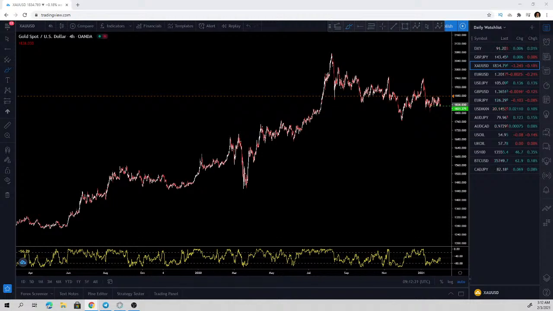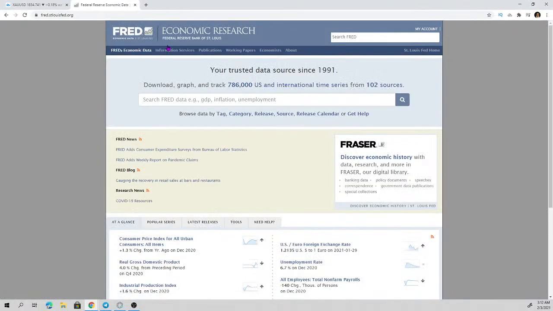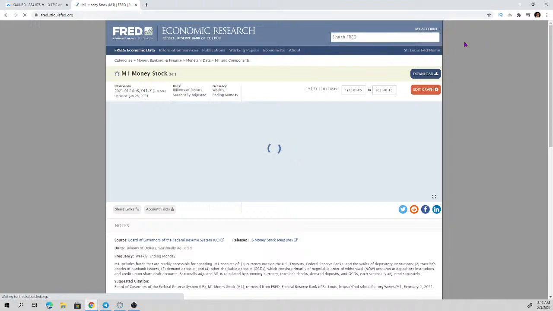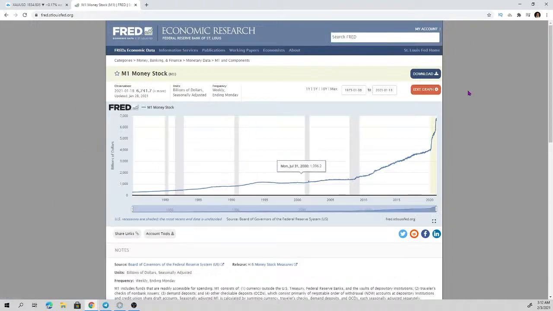Because if you're trading forex, you have to understand global macro. So let's look at the M1 money stock. The M1 money stock is the most liquid stock in the market, which is actual cash and savings accounts, etc. Right? And if you look at this, before the coronavirus pandemic, the M1 money stock, what was